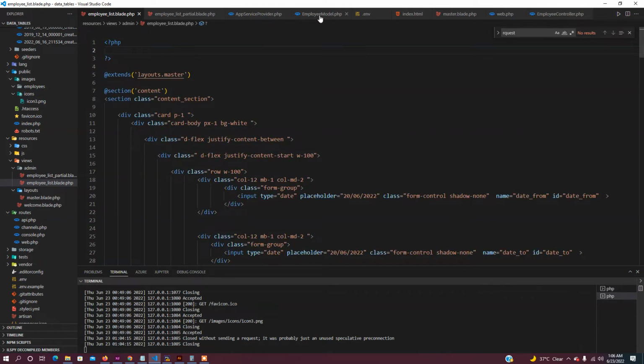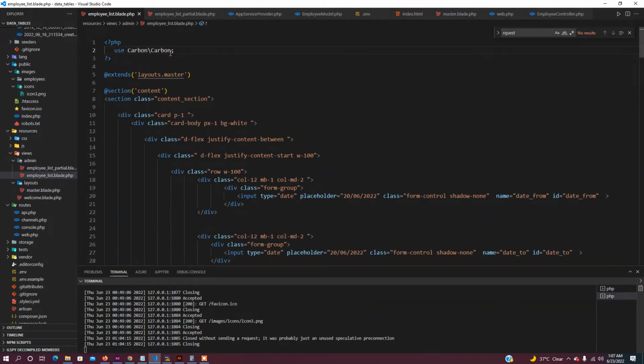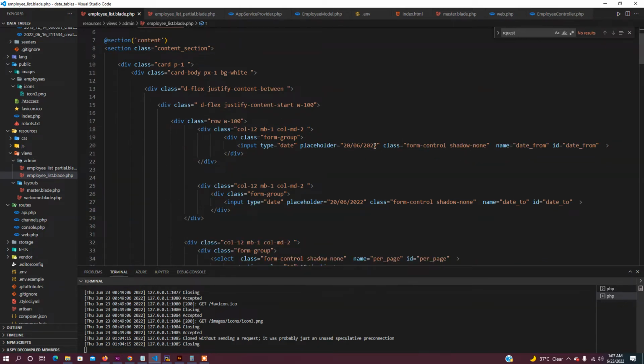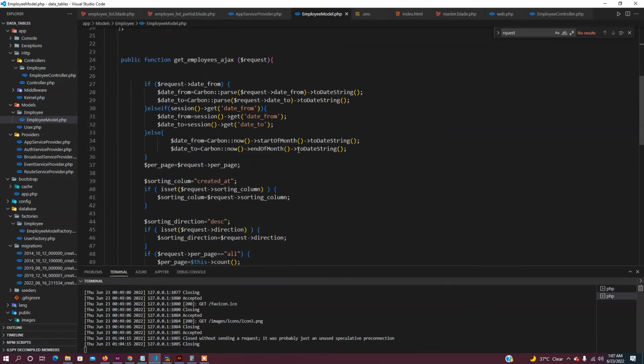And the way I can do that, I'll just go to the employee model and copy this one. If you can remember, I'll be using Carbon to set our initial data. So inside here, I'll just say use Carbon like that, and the placeholder remains. Here I'll put value, and the value will be the same as our value here, which is this one, and for date 2 it will be this one. I'll copy both, go back here,